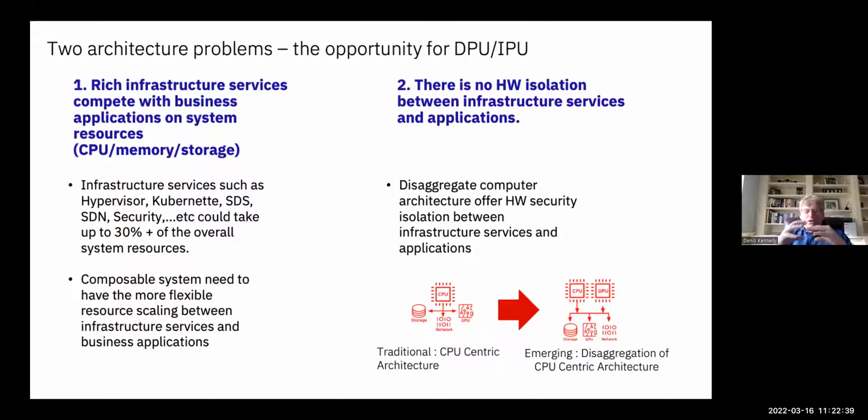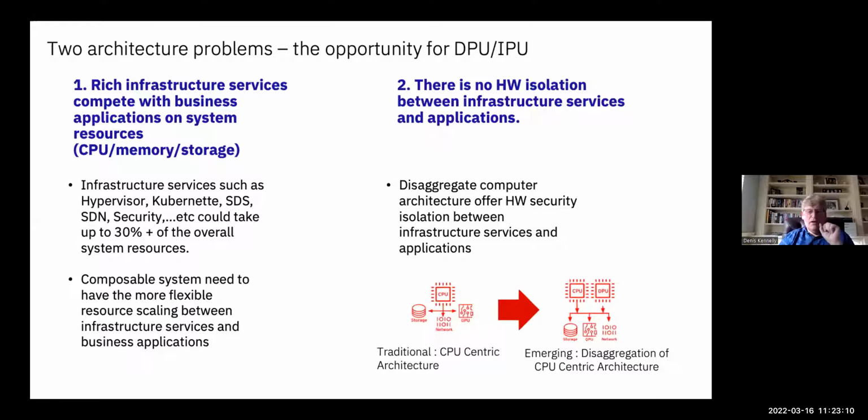So how do you protect an application in that environment? How do you build that layer of isolation and make sure that if somebody does get in at an application level, they can't do lateral movement right across the entire infrastructure and pose a threat to the entire environment? That is a really important aspect of this, where DPUs and IPUs have a critical role to play in building that environment.